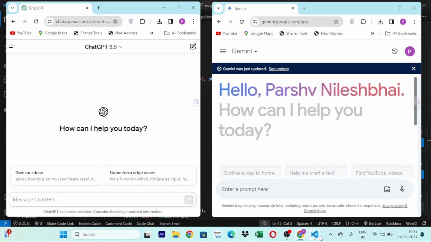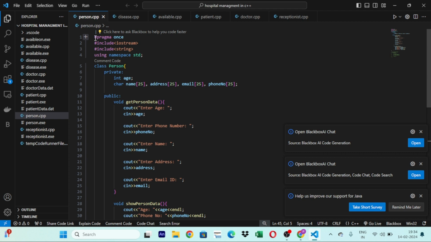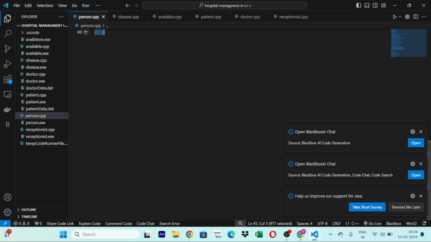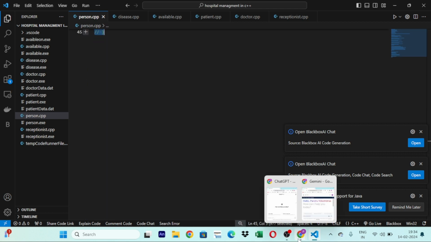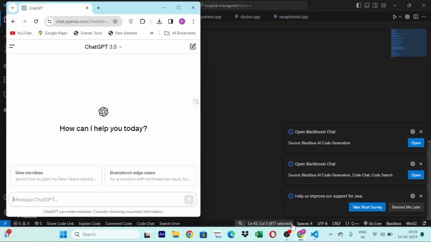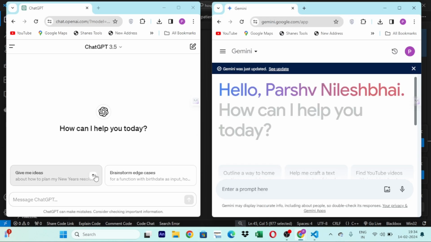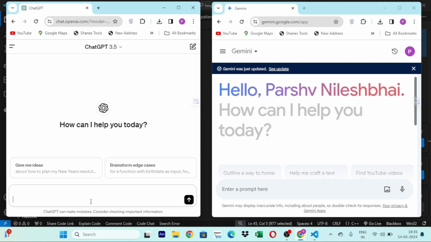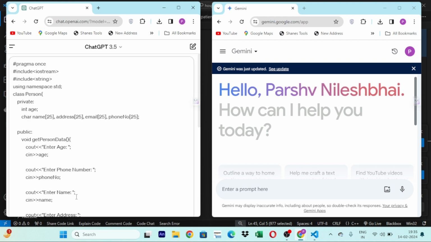So now I have the code ready over here. Now let me copy this code, come to both ChatGPT and Gemini. Okay, now let me paste this code over here and ask, and I will just remove one thing. Wait a while, what happened? Okay, the code is pasted. I will just remove this so that an error will be generated automatically. Okay, and here I will just remove this like this. And I will copy this code